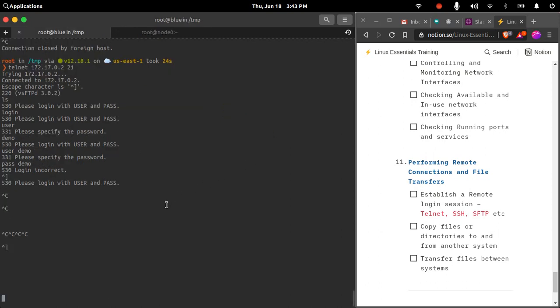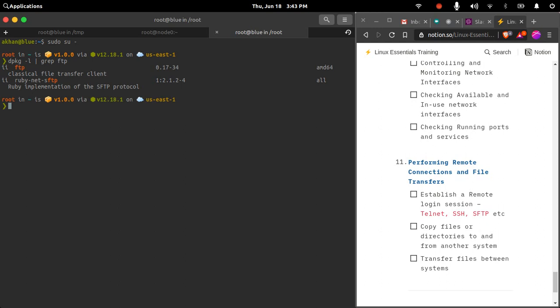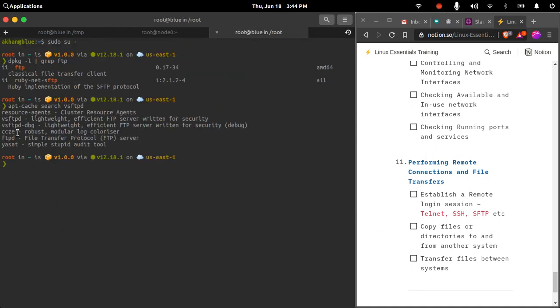A similar package is also available for your Ubuntu based system. I have FTP here, but not vsftpd. So if I do apt-cache search vsftpd, let us search whether that package exists in the Ubuntu repositories.